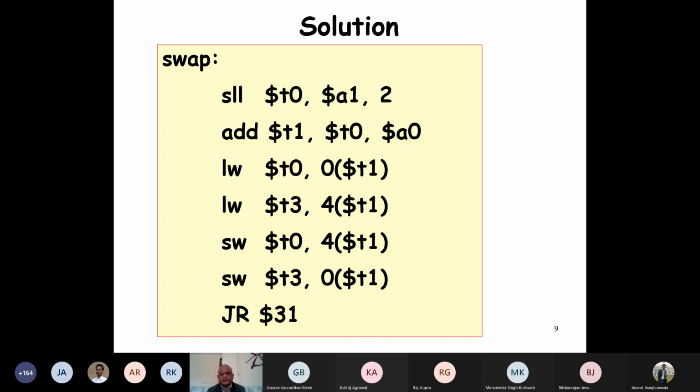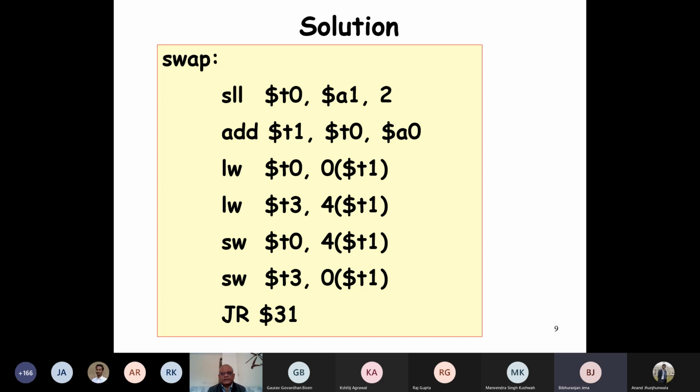That's what Bibhu Ranjan also told. It does bit shifting, like 1001 shifts left. I am looking for a better answer. We will get 4 times the A1.